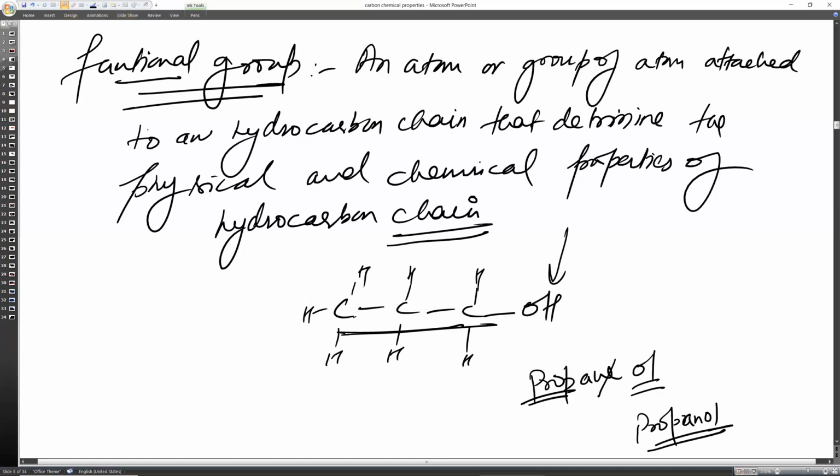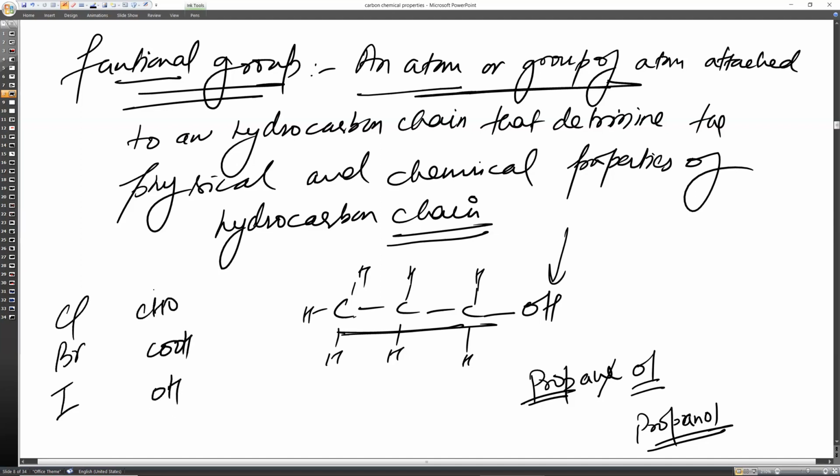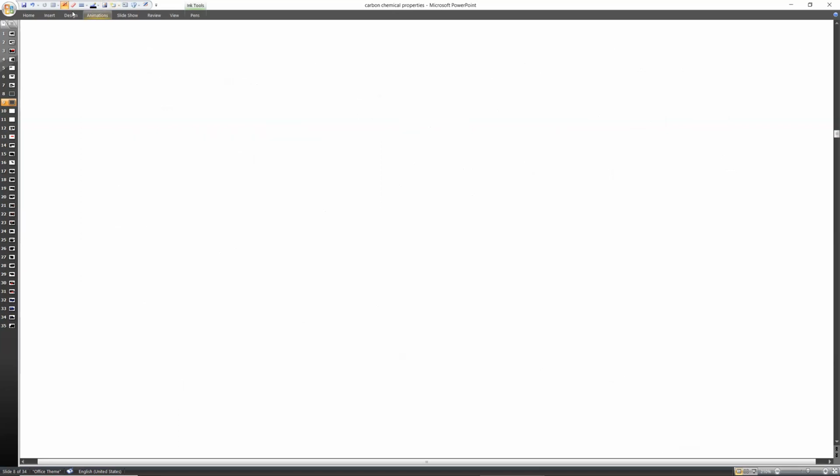Let me explain what a functional group is. An atom or a group of atoms. It can be an atom like chlorine, bromine, iodine, or it can be a group of atoms like CHO, like COH, like OH. So it can be an atom or a group of atoms that is attached to a hydrocarbon chain. Let's take